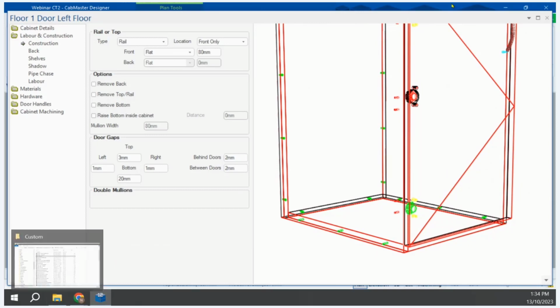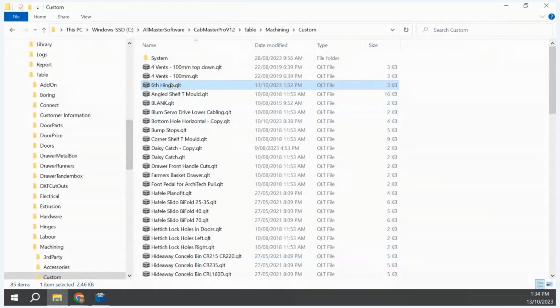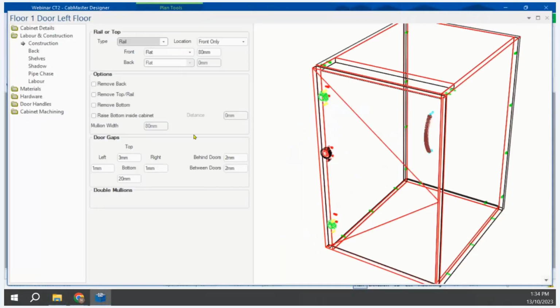Now this is where we can use another bit of code, door gap bottom, in our custom table. I'll open this back up first. If we hover over this, that code came from door gap bottom. So where it says enter length in this edit box for door gap bottom, that's just where we get it from. So we can open that up